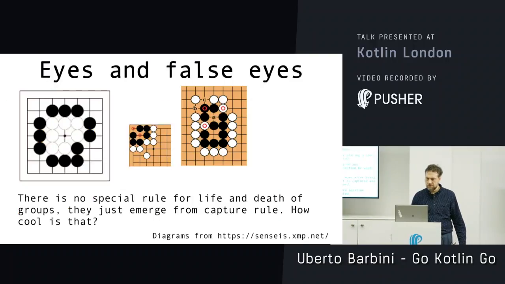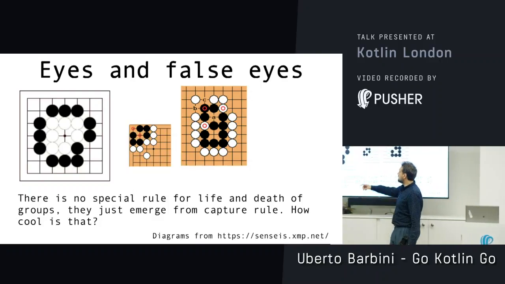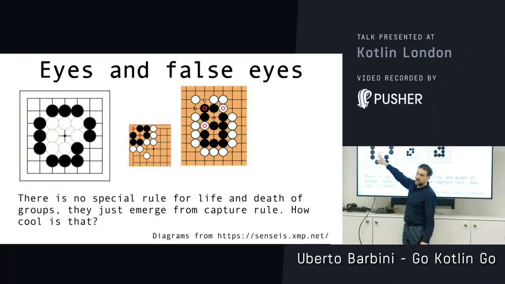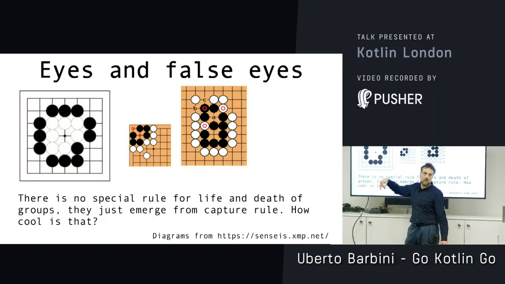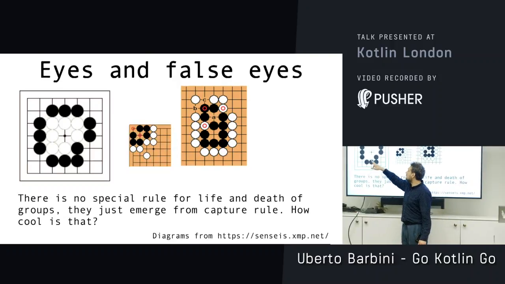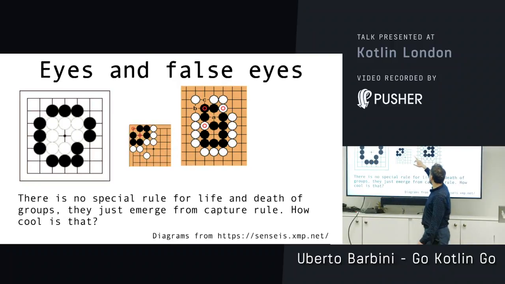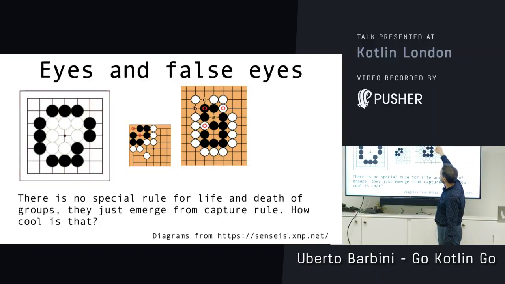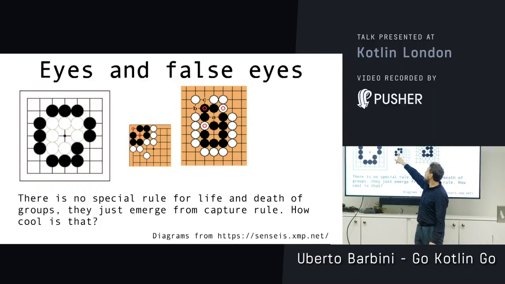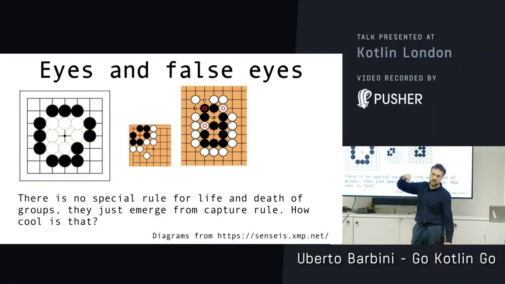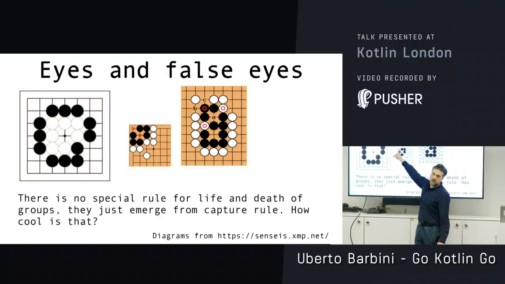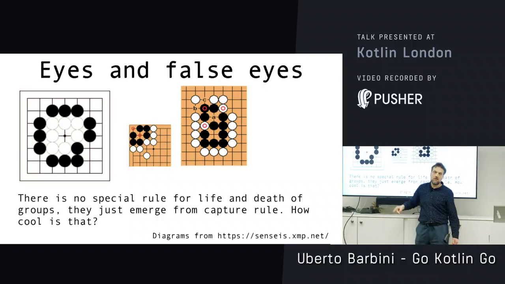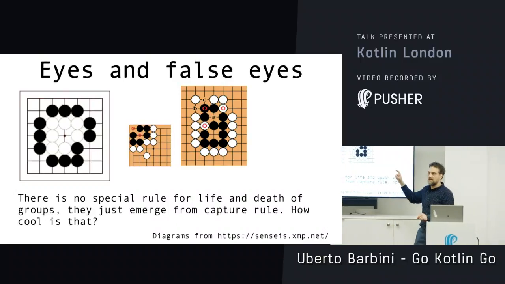So this is the first example, just to give you an idea. If we have this position and someone puts the black stone here, the black stone kills all the white stones. But if we have this position, you cannot put the white stone here because it will be automatically dead. And you cannot even put it here for the same reason. So any shape with what are technically called eyes